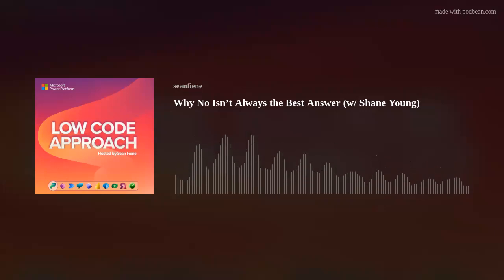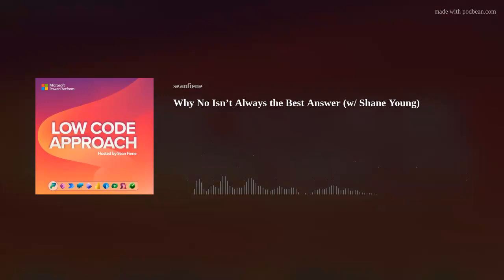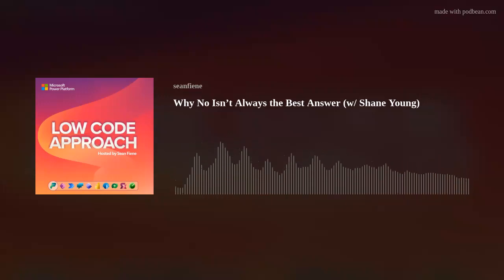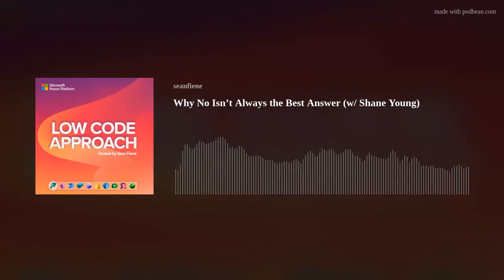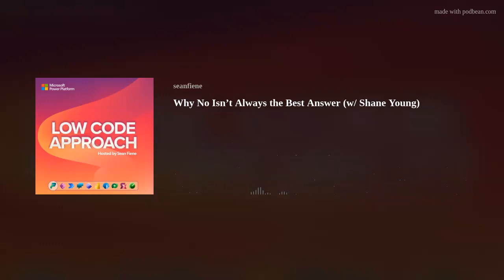Once again, if we back way up to the late 90s, when Shane was an in-person IT pro, one of the secrets to getting Shane to say yes was you dropped off some brownies on his desk, right? I was a poor college student, and some high-calorie food like that usually got you what you wanted. Oh yeah. That is not the system that we want in place for how do I get access to a more advanced connector, or how do I get additional licensing in the Power Platform?